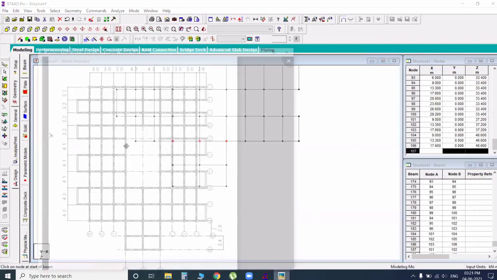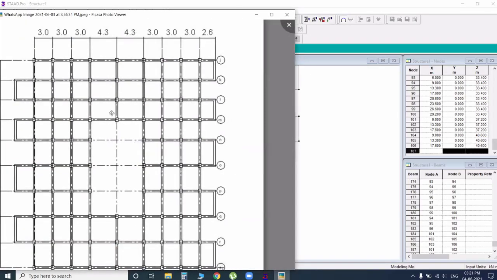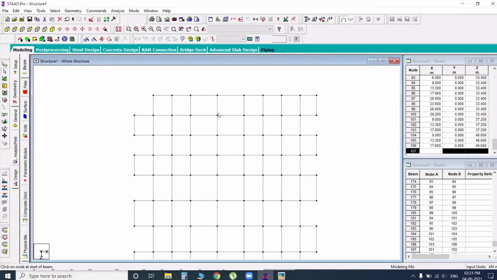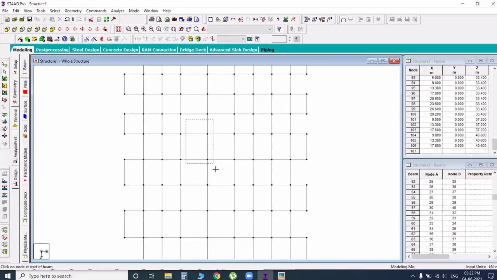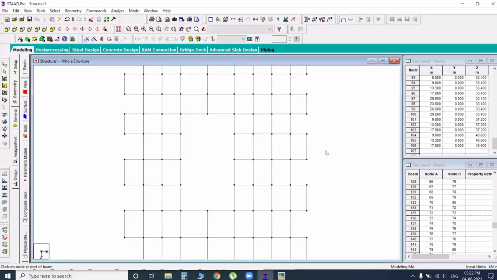And in the middle, 1, 2, 3, the fourth one is a gap. 1, 2, 3 and 4 gaps. Okay, for ventilation they do like this.